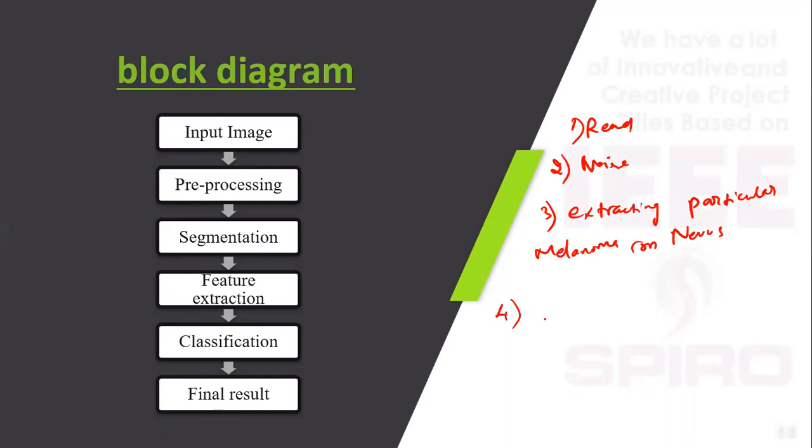Then feature extraction. Every image has some values, because melanoma has some values and nevus has some values. In the end we have to differentiate melanoma from nevus, so we calculate the values. We already saw the differences: color, shape, dimension. These values are taken by the feature extraction process. Finally, using the feature extracted values, we make the classification of whether it is melanoma or nevus.